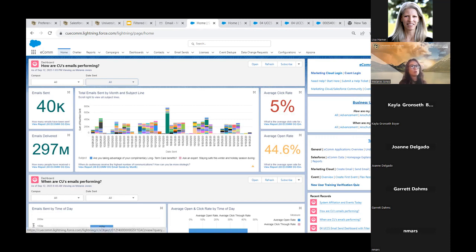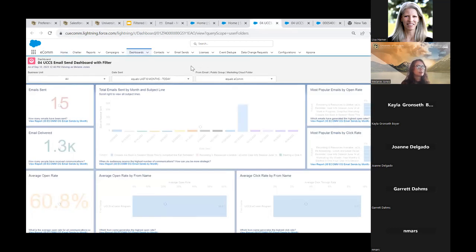So I will go ahead and open up this UCCS dashboard under the first set labeled "How are my emails performing?" And then we'll also dive into the UCCS one under the second set of dashboards of "When are my emails performing?" I think I have this one open already. So when you open up these dashboards,